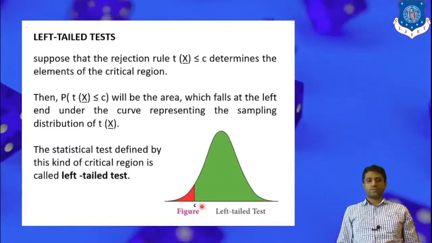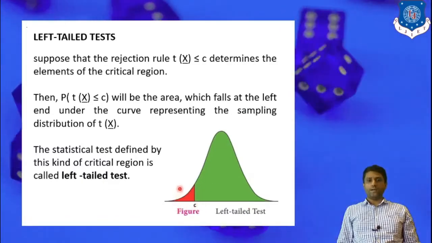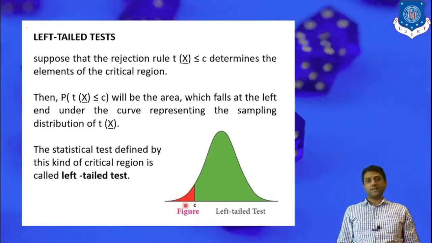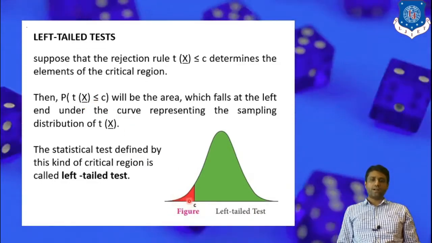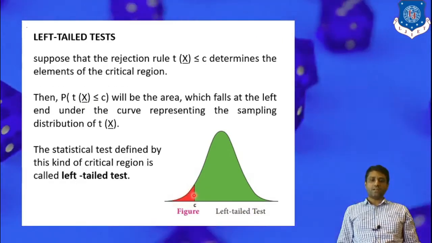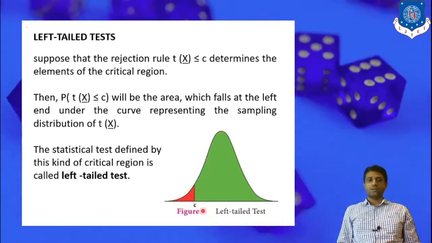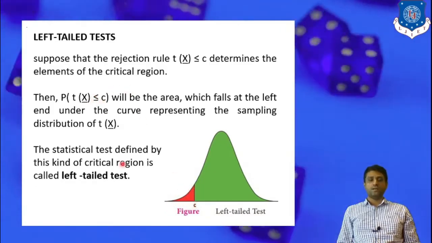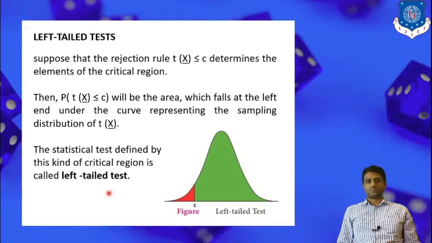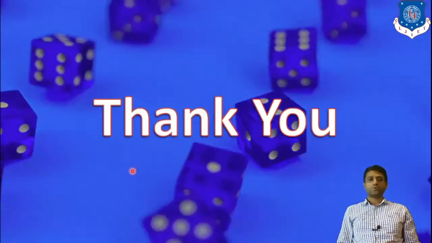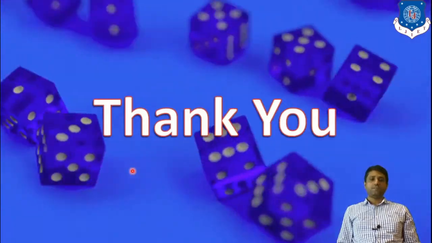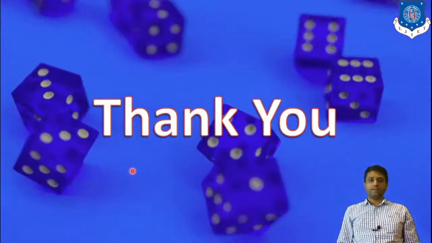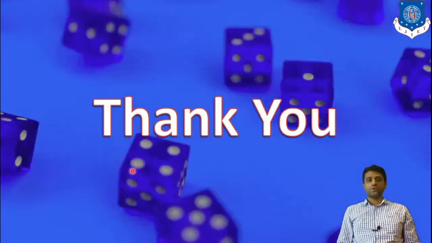Similarly, in the last situation, we are interested in finding the probability of x when T of x is less than or equal to C. So this type of shaded region is the rejection portion and this is the acceptance portion. When we are interested in checking the probability of T of x less than or equal to C, we should go for the left tail test. So here we have covered when we should use the one-tailed test, more precisely the left tail test and right tail test, and when we should use the two-tailed test.